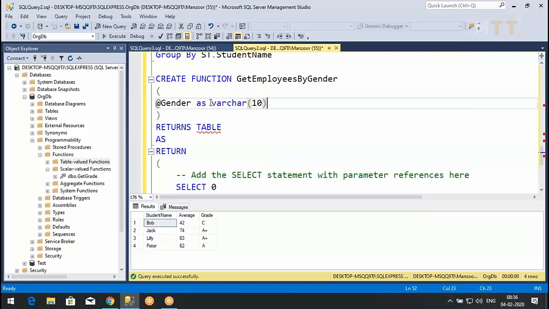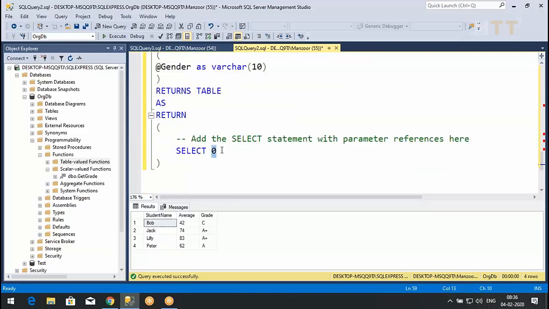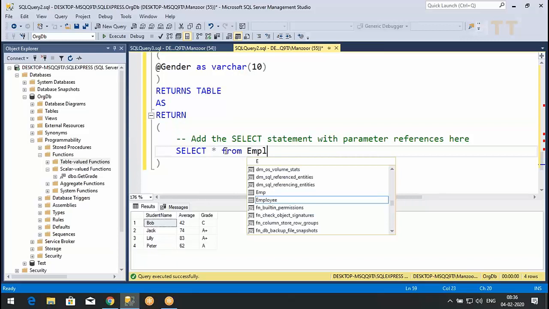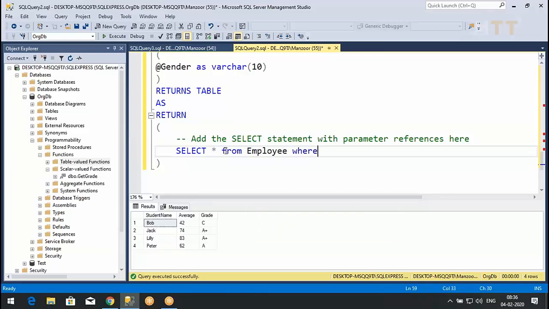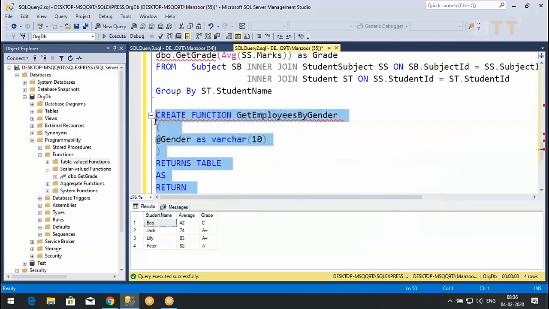This is input parameter, and returning table as select star from employee where gender equals to @gender. It is not recommended, but anyway I'm showing this. Whenever you have this scenario, you go for it.